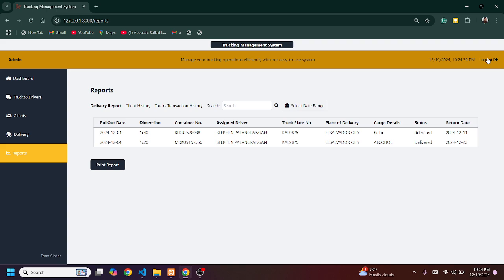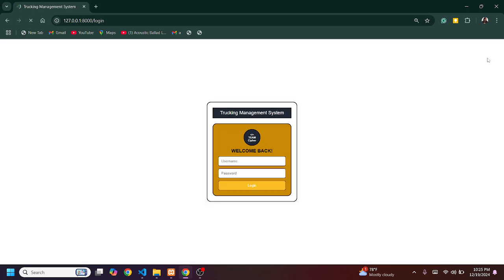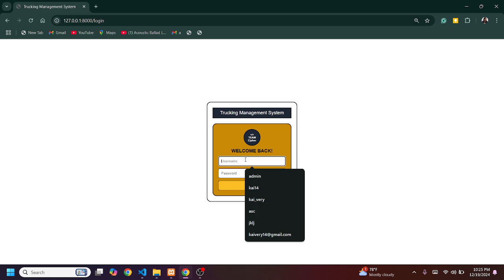Once I log out, it will redirect to the login form where you can re-log in again, and once logged in it will redirect to admin, and the process goes on and on, something like that scenario. So that would be the final presentation.